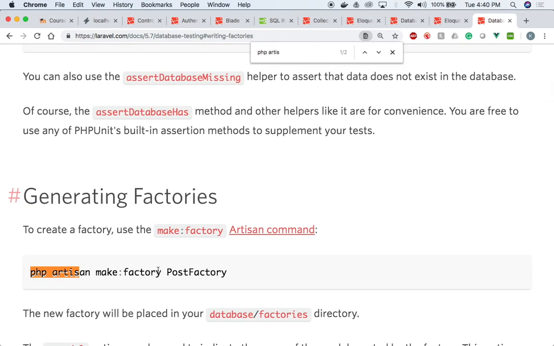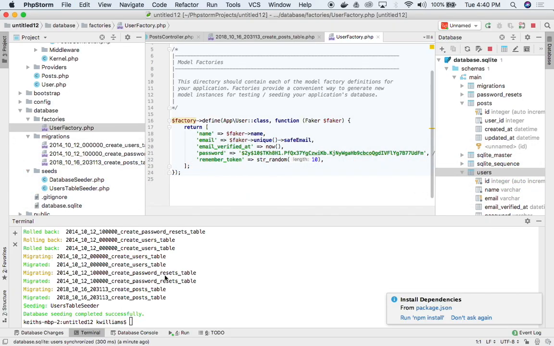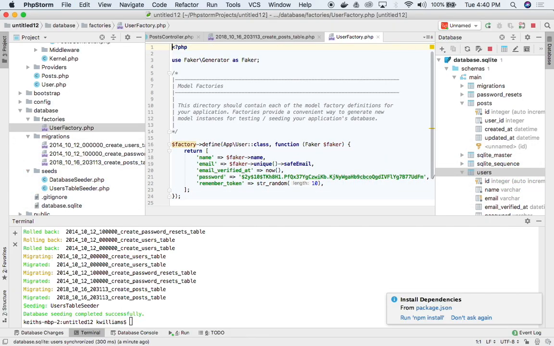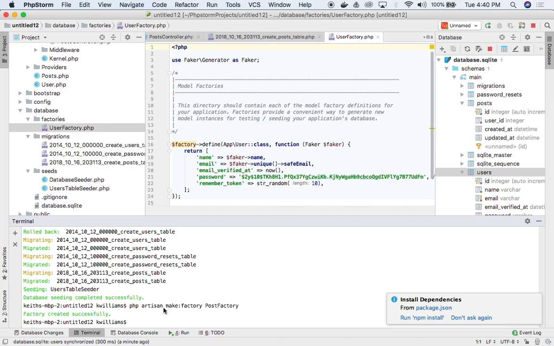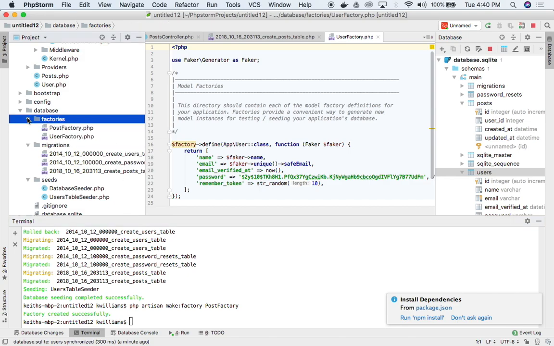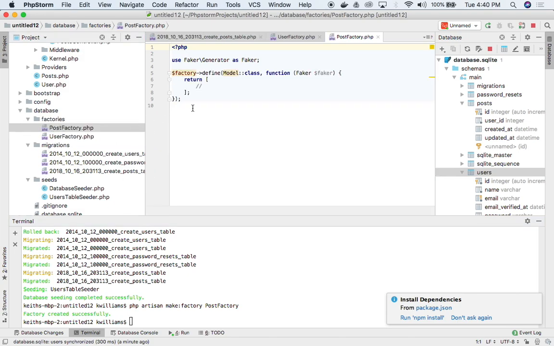There we go. So I'm going down to the terminal, and the command's php artisan make:factory PostFactory. So now in here we've got a post factory, and it returns the model,